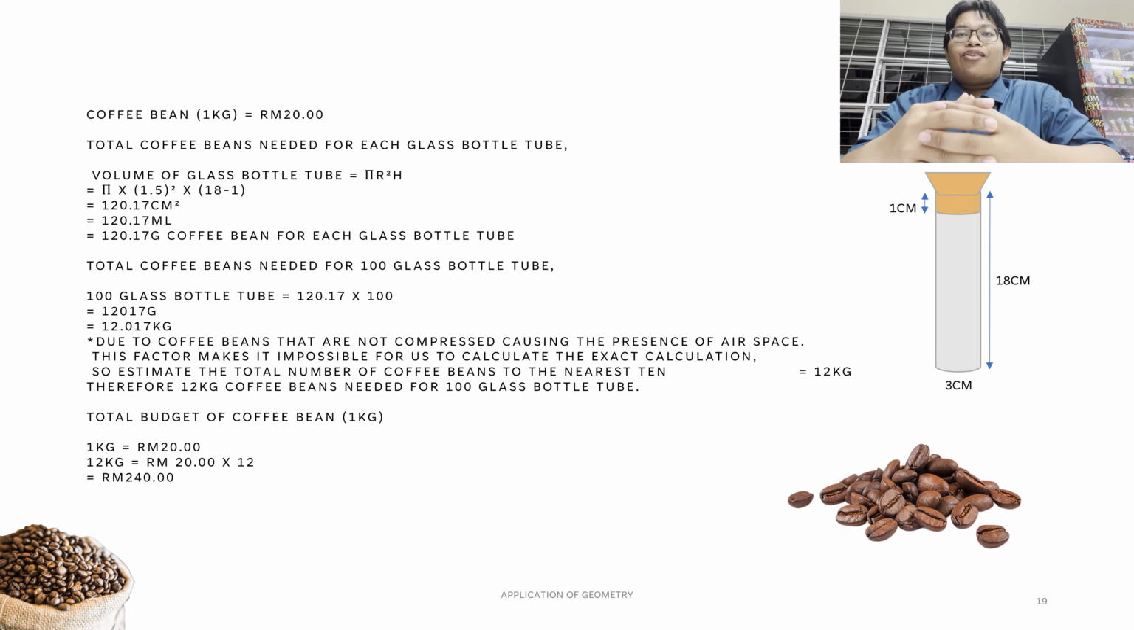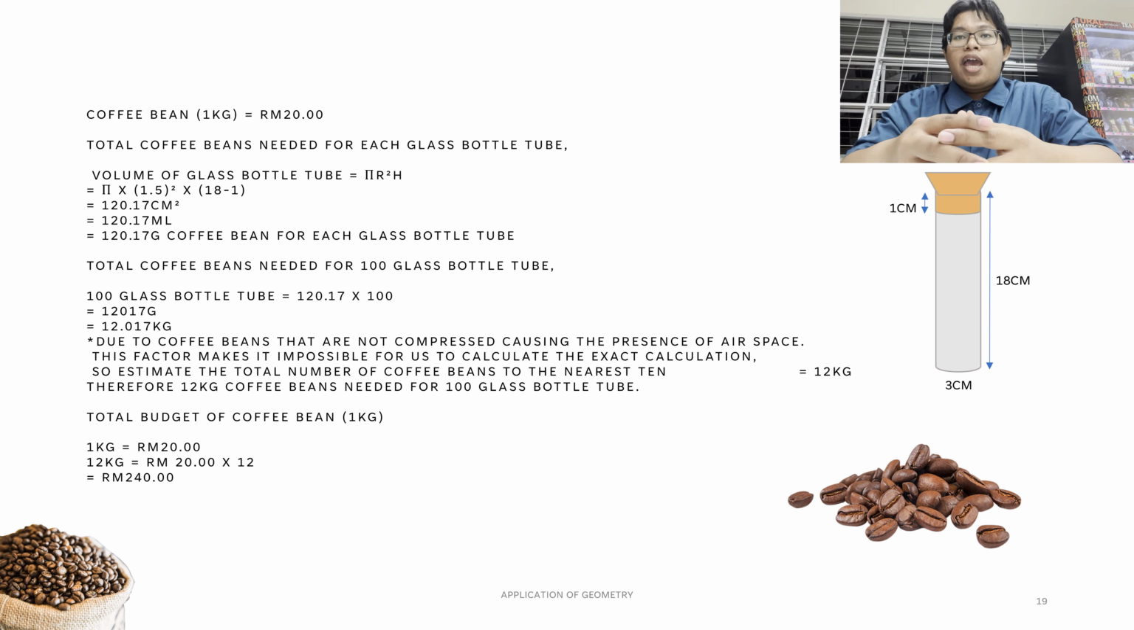Cost for 1 kg coffee bean is RM20. To find the total coffee bean needed for each glass bottle tube, firstly you need to calculate the volume of the glass bottle tube, which is pi r square h. Pi times 1.5 square times 17, you will get 120.17 milliliters. So 120.17 gram coffee bean for each glass bottle tube. Total coffee bean needed for 100 glass bottle tubes is